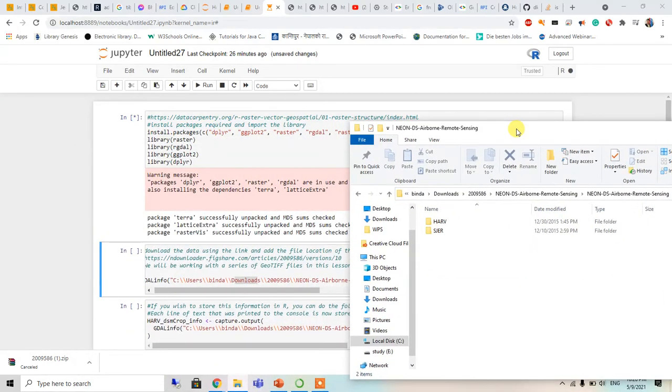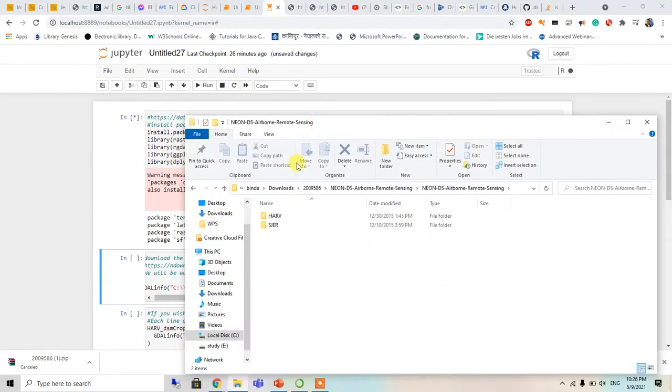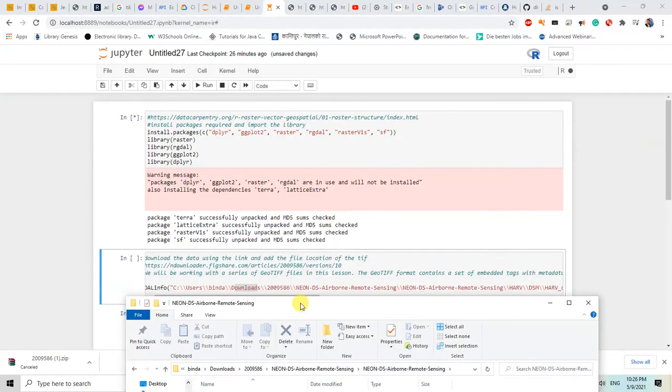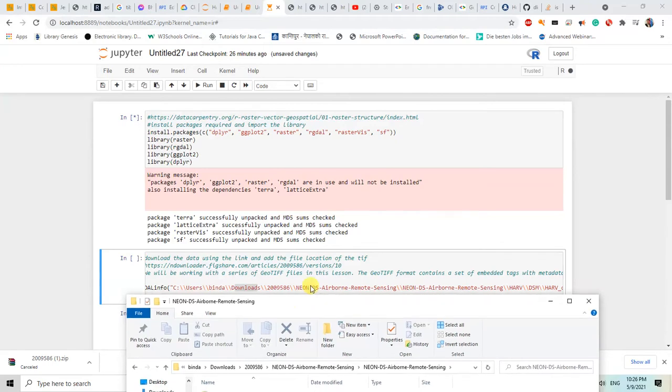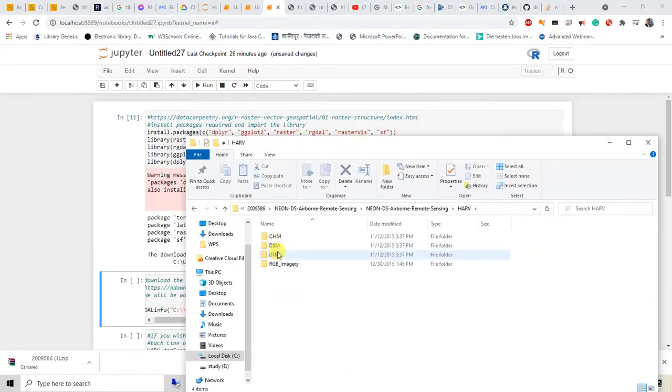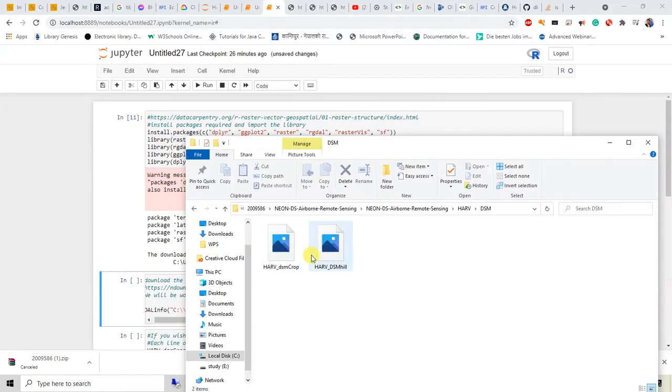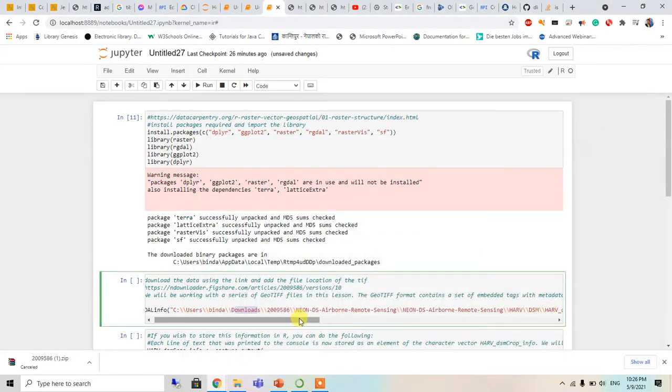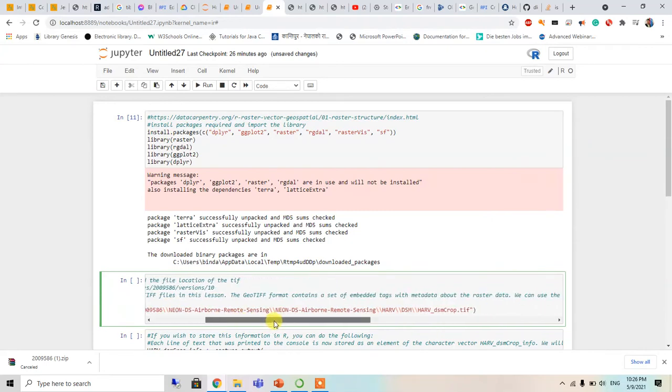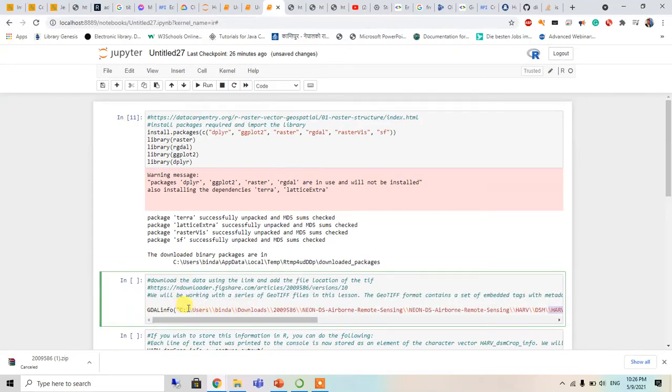I have the file in NEON, then HARV, DSM, and then HARV_dsmCrop. So I will use this file location, HARV_dsmCrop.tif. While copying this, we should use two slashes here,